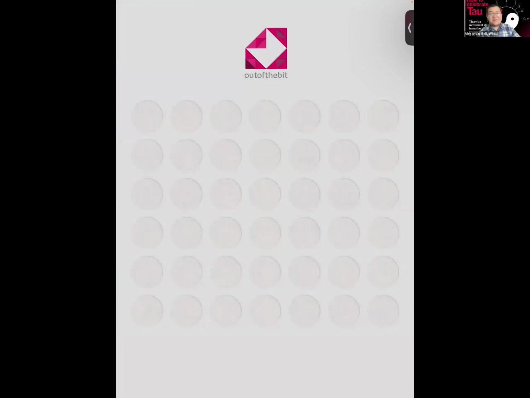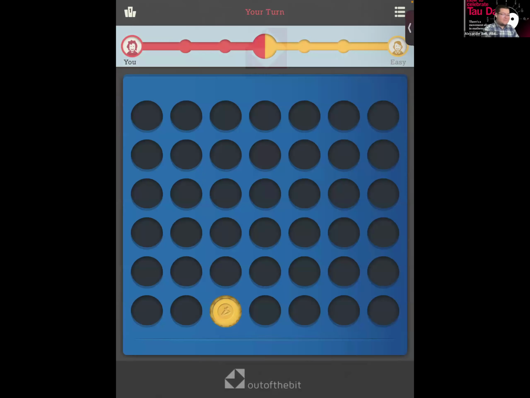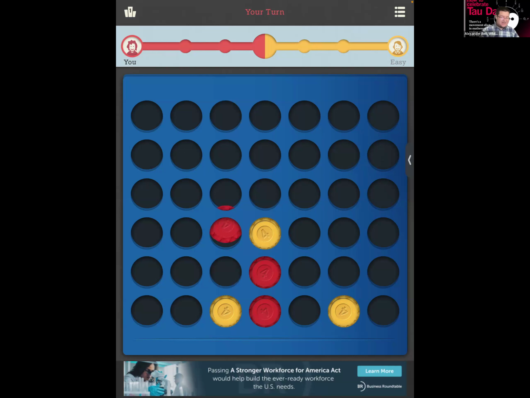This is 4 in a row, classic game. So look at that. Again, this app has an advertisement. I look at the top right, I see it says continue to app. When you first start off, you can play versus the computer. You're literally just trying to connect 4 in a row. So you just select where you want to place your tile, and you are trying to get 4 in a row before your opponent. So look at that.